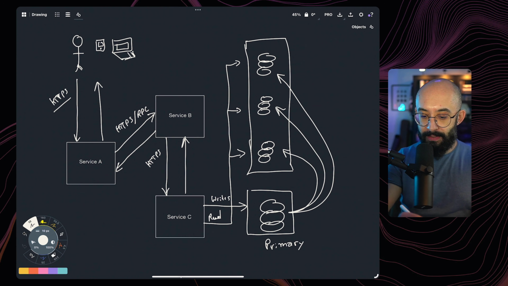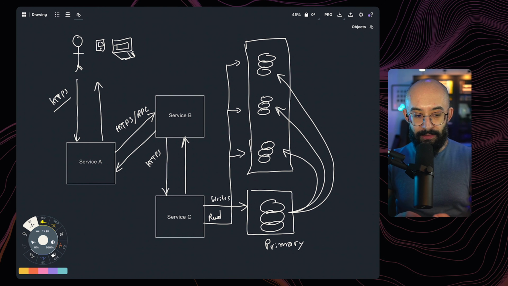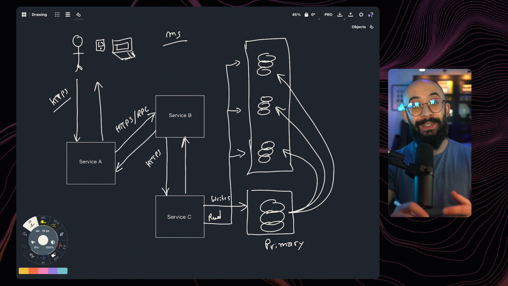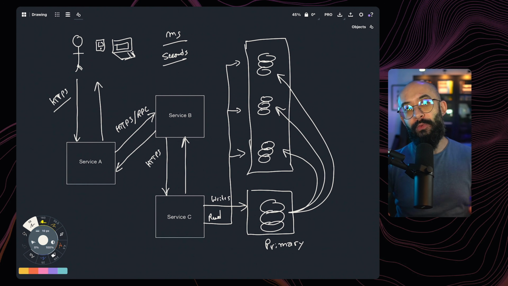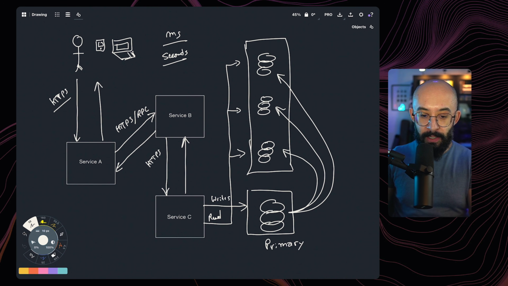Now, obviously, in this entire scenario, the call's latency should be in the milliseconds. If we are talking about seconds, this is a very lengthy data path. We should find ways to optimize this. We should be responding in the order of milliseconds. Now, this is the core of the example we're going to be talking about today.